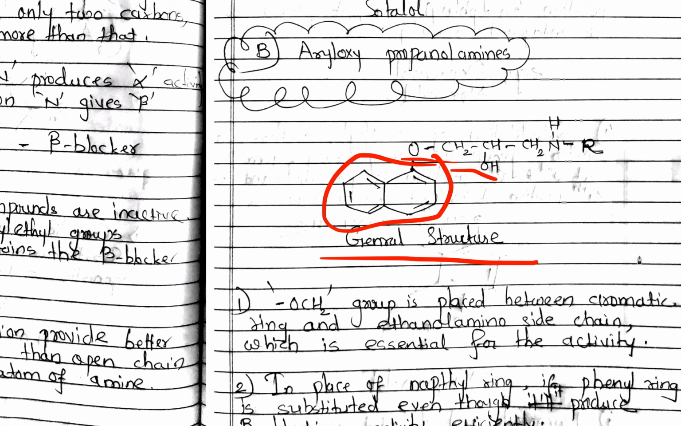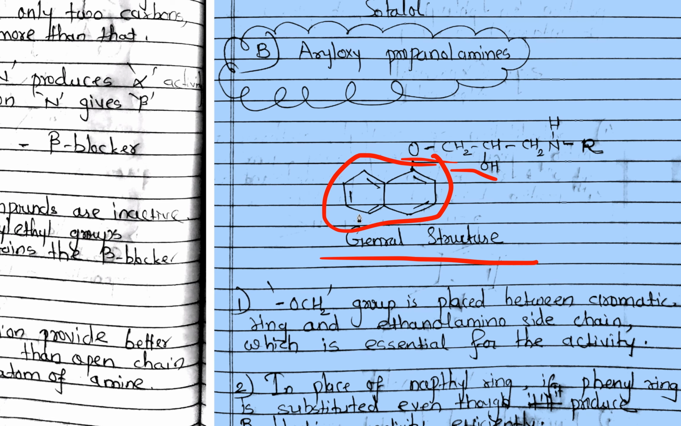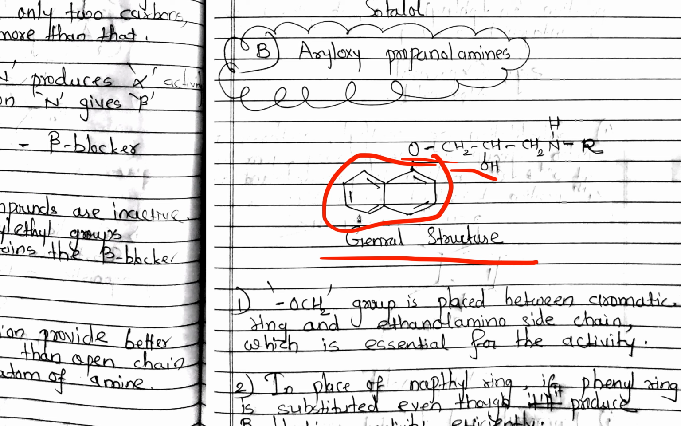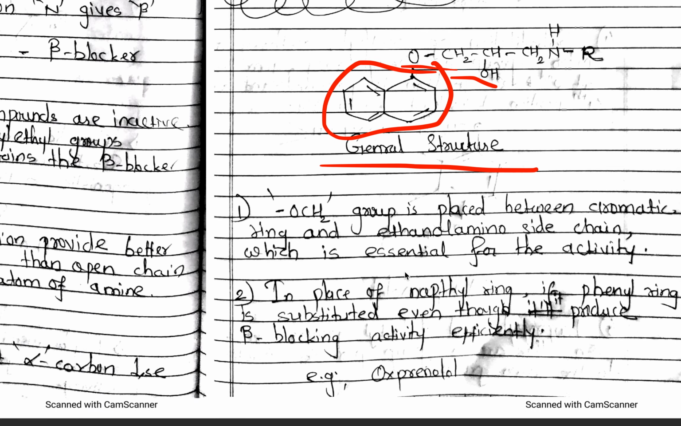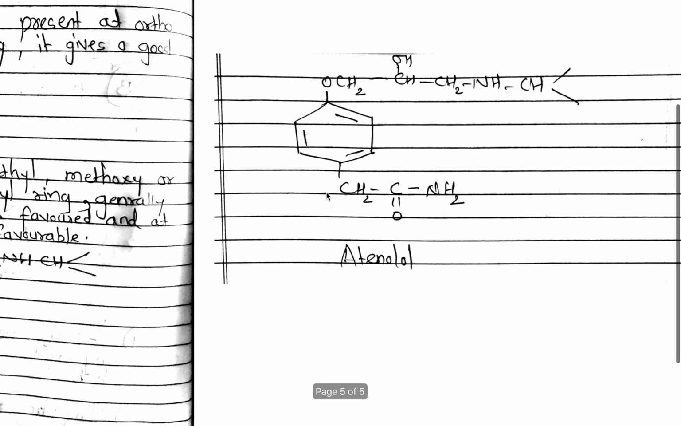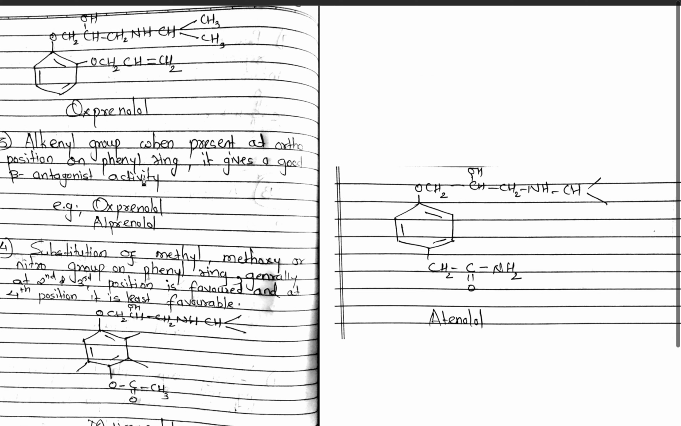Now if we are discussing this fused ring, even if this fused ring is replaced by a single phenyl ring, even then it will give an efficient beta blocking activity. And the example of that is oxprenolol. You can see the structure of oxprenolol. Here only one phenyl ring is there. Okay,